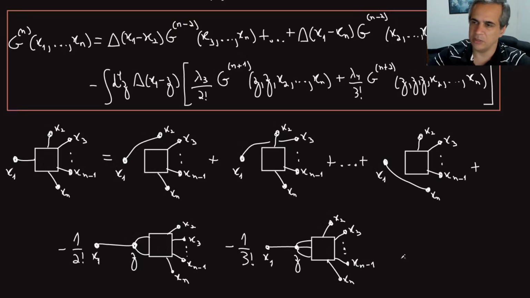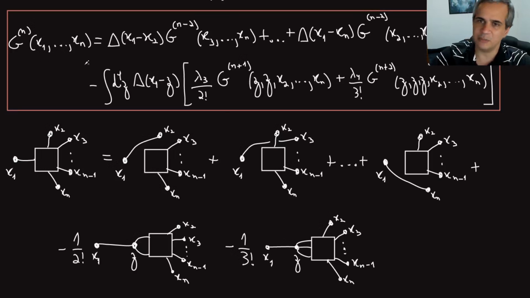So you see how these Schwinger-Dyson equations are leading to relations between Green functions at all orders in perturbation theory and Green functions with a different number of external points, you see here, right? It's multiplied by the propagator, of course. Every one is a function from x1 to xn, but you see the Green function here is not the same as there, right? In fact, you can actually use these kind of Schwinger-Dyson equations to recover the perturbative expansion, right?